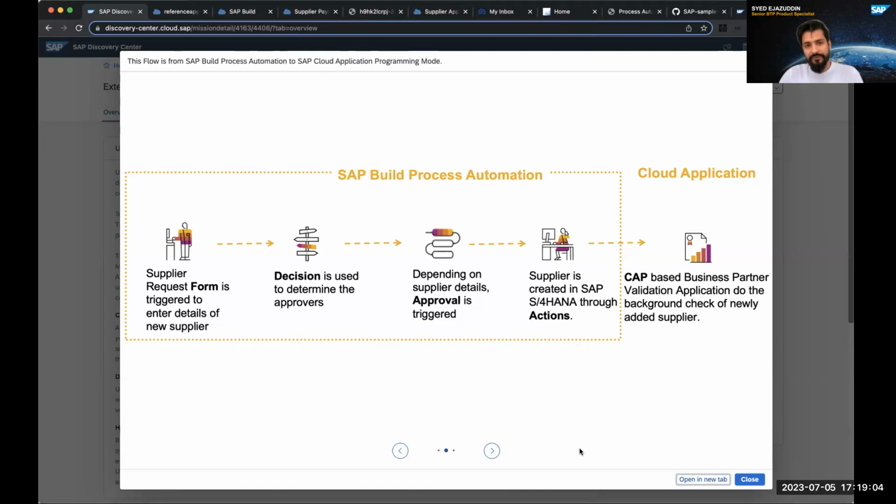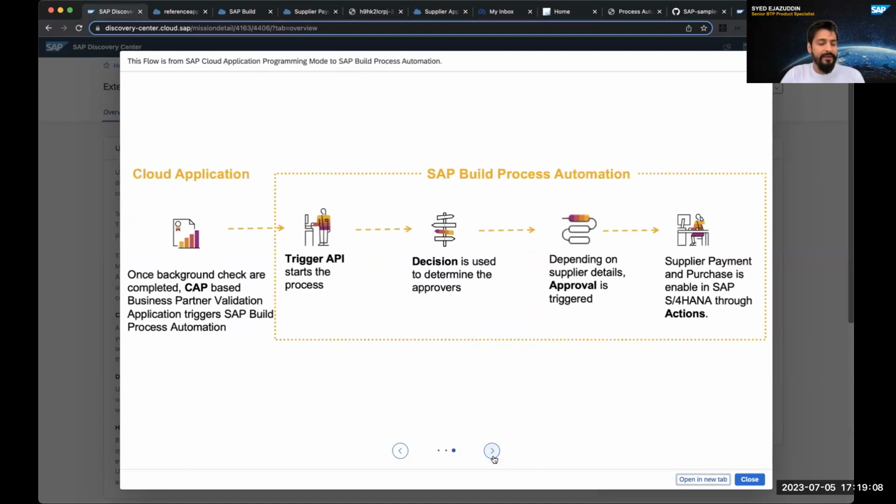Now, this is the first persona which we have told. In the second persona, once the business partner validation validates the supplier, it will go to your home and validate that this supplier is correct. It will again tell the approval by the trigger API, that I wanted to hit the business process